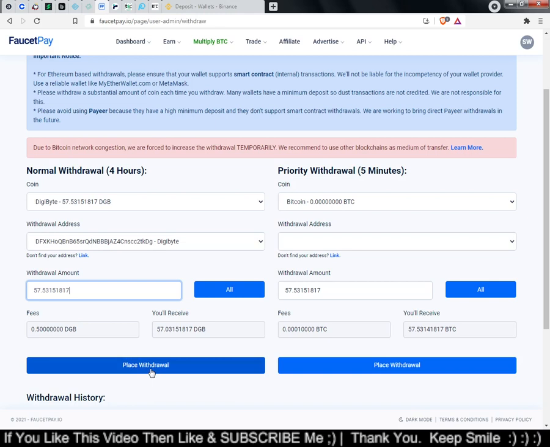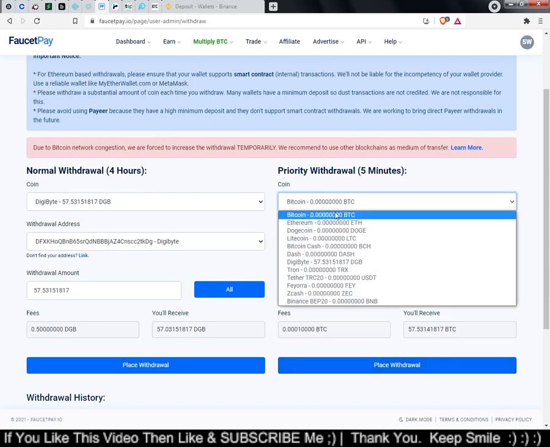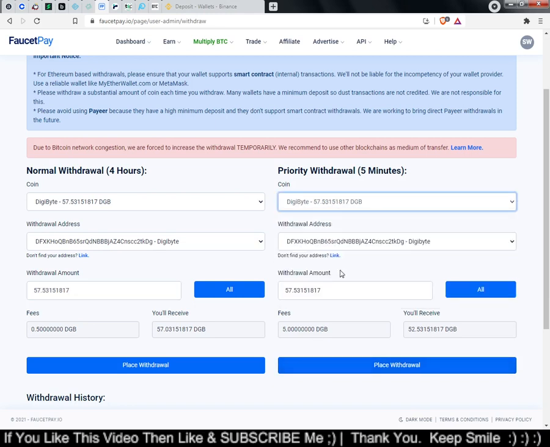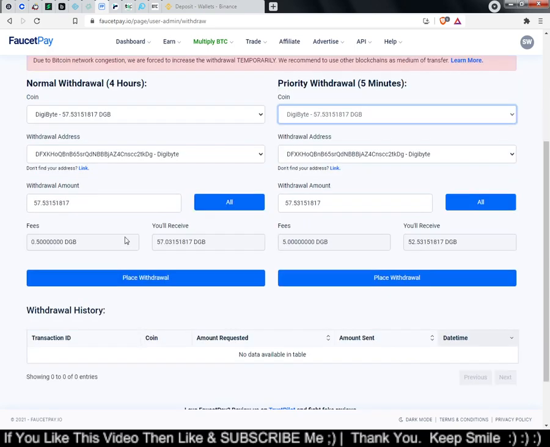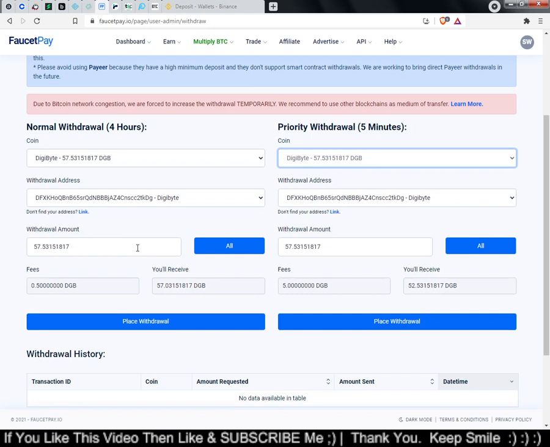Place withdraw methods are available here, and here too. Here they show Digibyte, with more fees if you want to withdraw quickly. I don't want to withdraw quickly, so I'm clicking here on place withdraw.